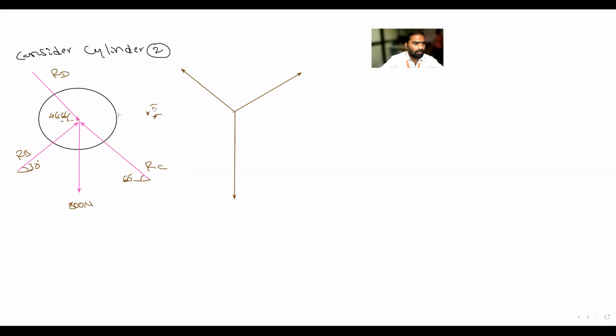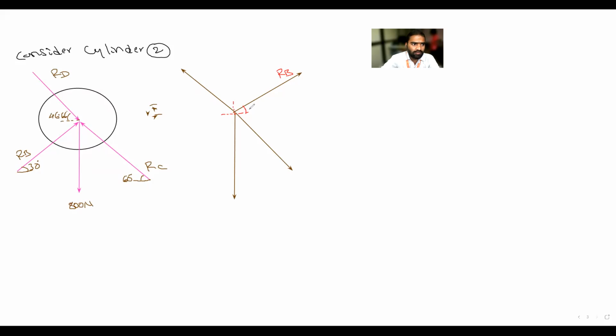Next, which one is remaining? RD. RD is moving in the third quadrant. So this is RB. How many forces are there here? Four. Will you apply Lami's theorem? No sir, we will not apply Lami's theorem. So what I have to do? I have to write all the angles with respect to vertical or horizontal.